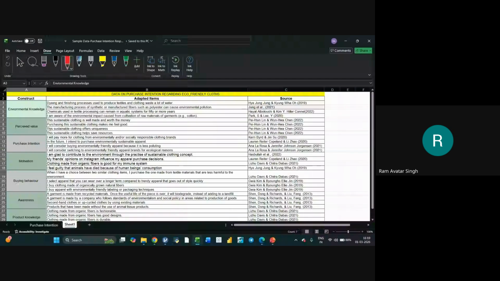This is my example sheet that I have planned to explain further, but let me explain it right away. You can see that we have the variables called environmental knowledge, perceived value, purchase intention, motivation, buying behavior, awareness, and product knowledge. These are variables which cannot be measured directly. For example, we cannot scale your environmental knowledge. If I ask participants what their environmental knowledge is, they cannot answer this question because this cannot be